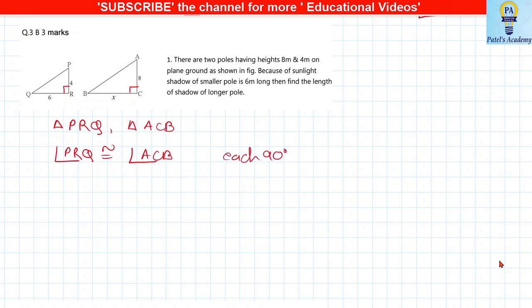Okay, next, because of the sunlight, the shadow is formed. See the concept. Now this is the sun. The rays which are coming from the sun will cast a shadow. At any particular time, the angle made by the sun rays, I'm talking about angle P and angle A, the angle made by the sun rays with the tower, building, pole or a tree is going to be the same at a given time.